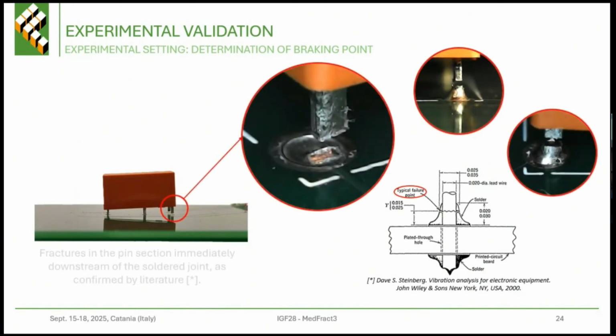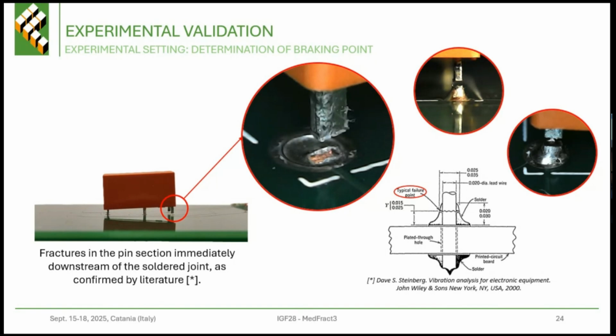Also, the failure location is like in the literature. So for all the components, the failure point is immediately downstream of the solder joint, as indicated by this figure. And Steinberg, that is the main literature that represents